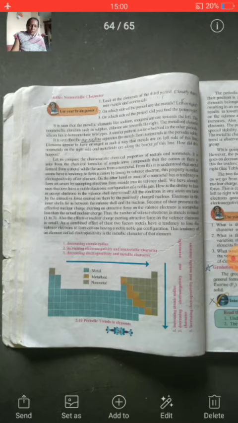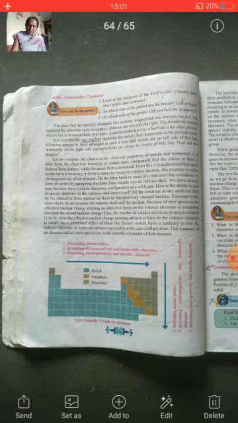We have to study that in our next point. All the electrons in any atom are held by the attractive force exerted on them by the positively charged nucleus. Electrons are revolving in the shells, and positive charge is inside the nucleus of the atom. All the electrons in the shell are attracted by the positive charge from the nucleus. Because of their presence, the effective nuclear charge exerting an attractive force on the valence electrons is somewhat less than the actual nuclear charge. The valence electron shell is far away from the nucleus, therefore the charge applied on them is less than the actual charge.